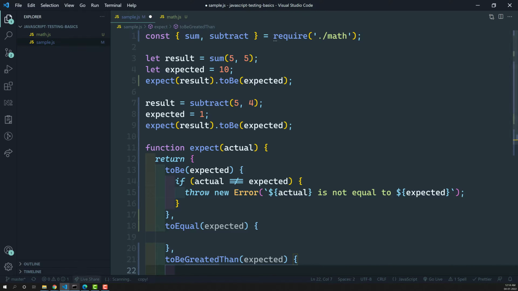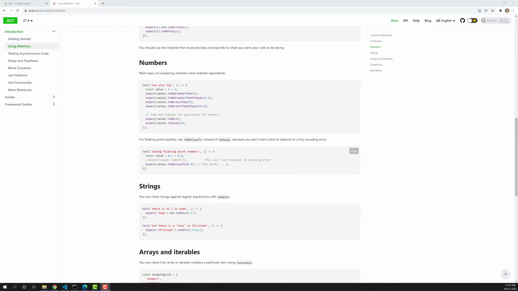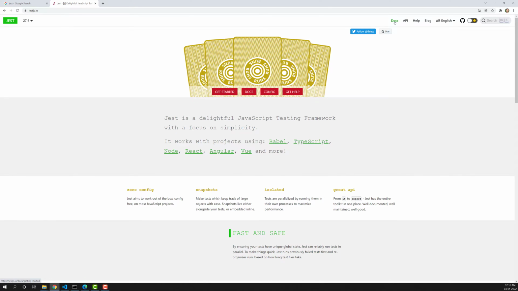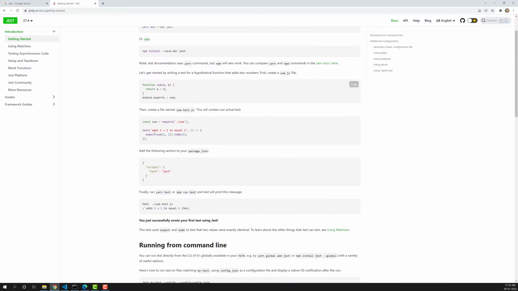Now let me open Jest and show you. This is the Jest framework, and if you go to the docs, you will be able to see expect sum of 1, 2, which is what we have implemented with require sum, right? So we are taking the same examples and implementing them, but we are not using Jest. Before moving on to Jest, we are learning the concepts: how Jest and testing actually work, and we are trying to build our own thing.